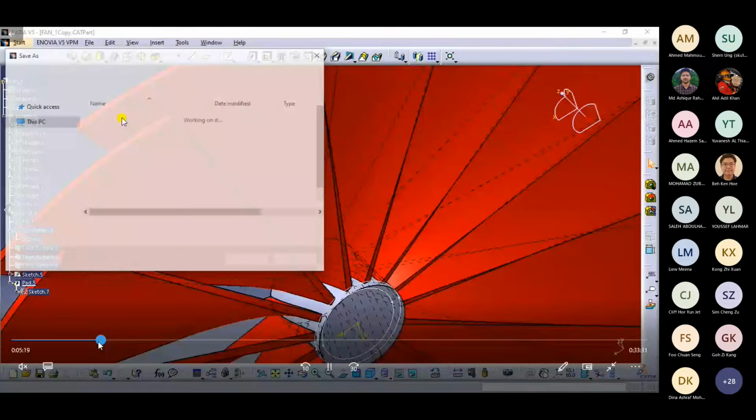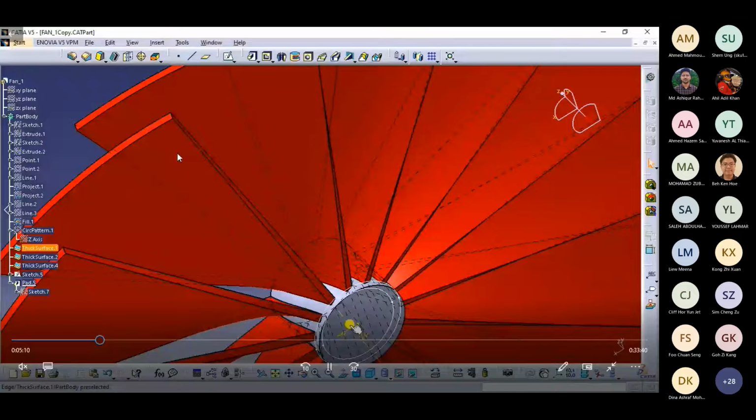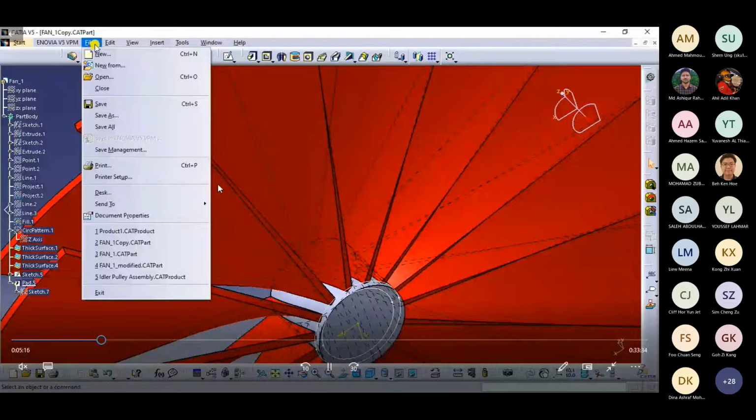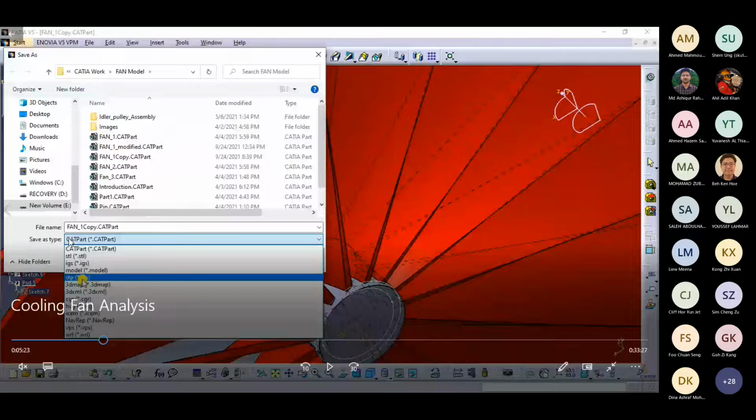As one of you had asked how we can transfer the file: you can just click on save as and rename it anything you want. In your save as type, as you can see here, you would have a .stp format. You'd have other formats too, like IGS. These two formats are CFD compatible, so generally either format will work.